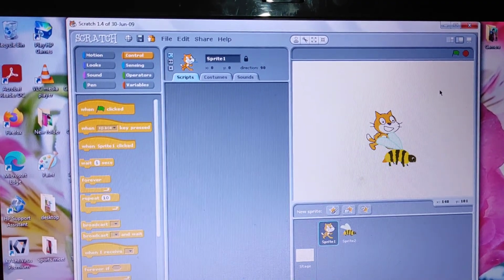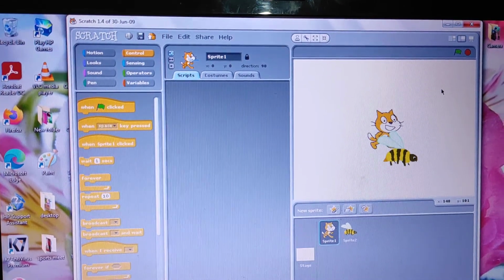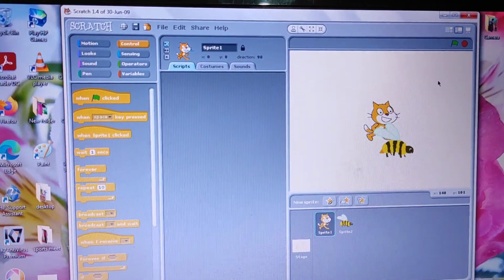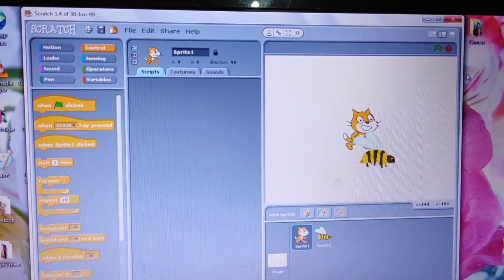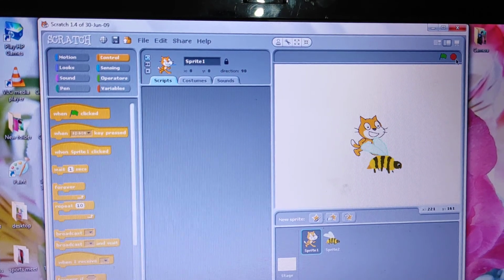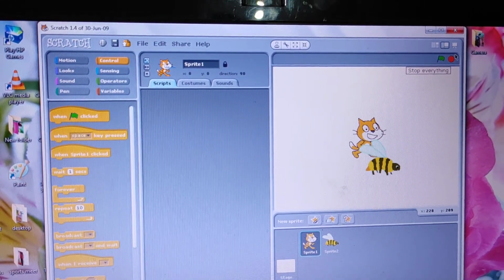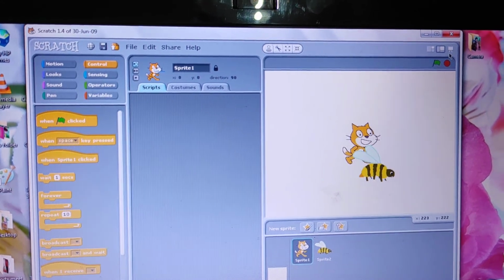This block is mainly used to perform a task repeatedly. The stop button is red, near the green flag, and is used to stop the project anytime. It is located at the top right corner of the Scratch window.